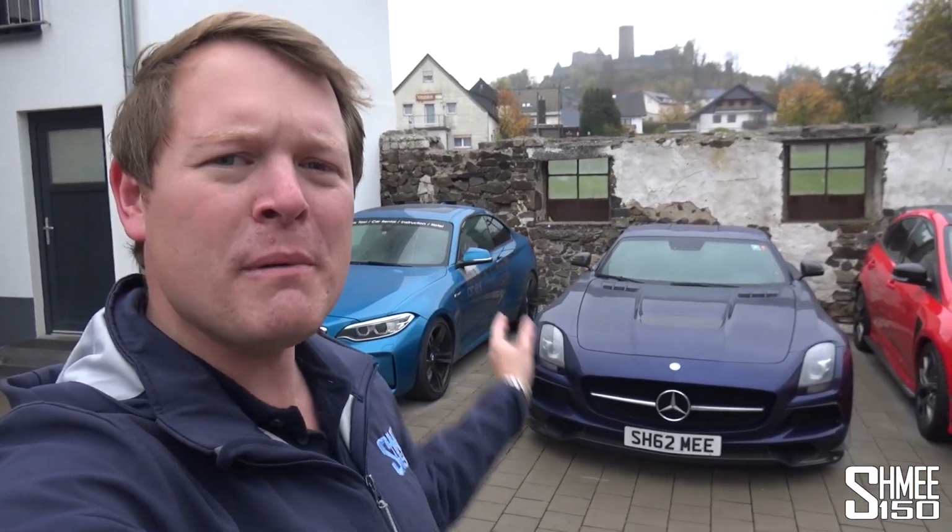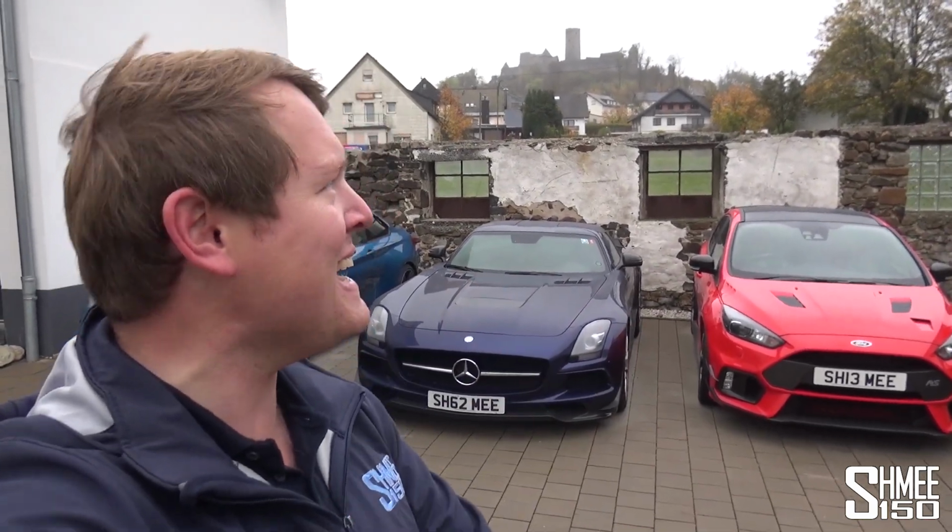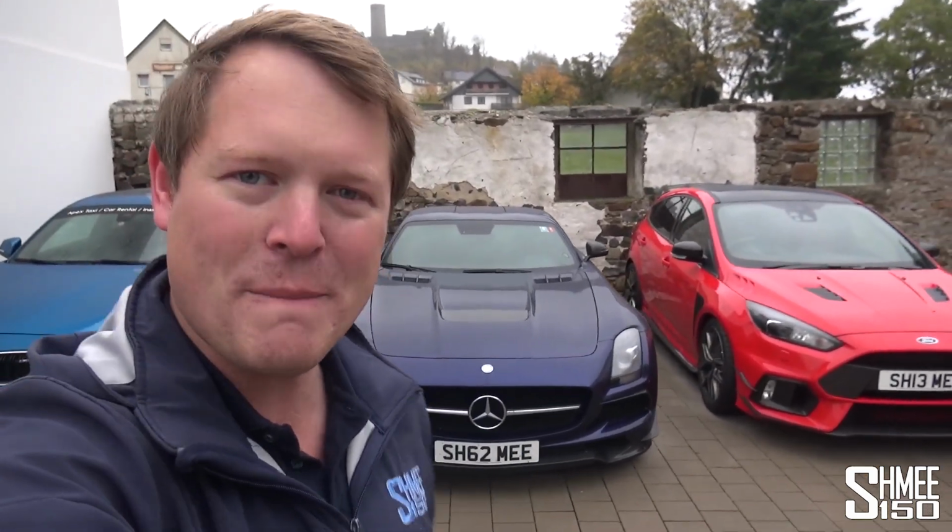but now parked back up where I also have the SLS Black Series out here, which would probably be about the least appropriate car I could possibly drive in these weather conditions. The castle almost disappearing into the clouds. In fact, today it was actually forecast to be bright, clear, sunny and dry, which it most certainly is not. The surprises of the Eiffel Mountains,